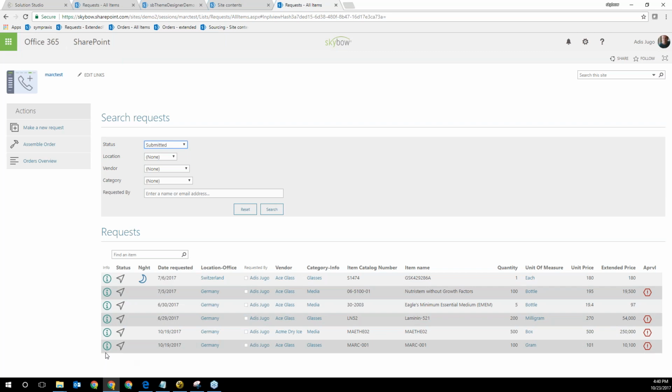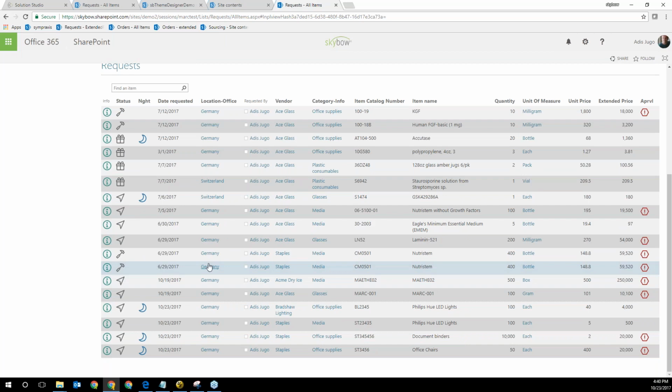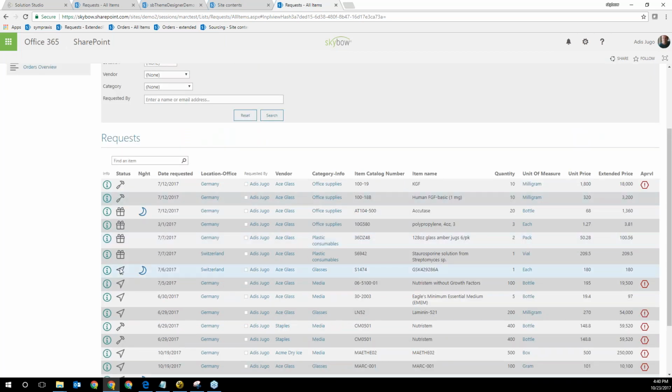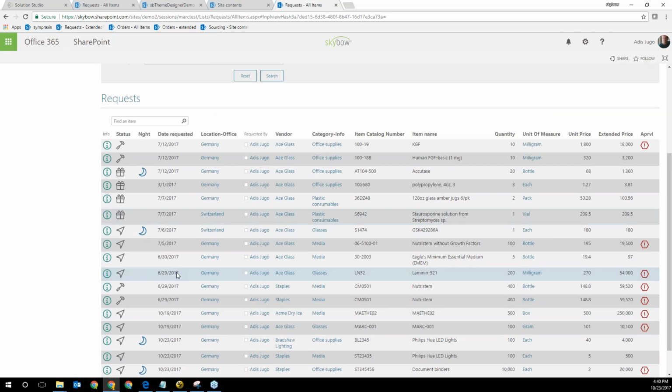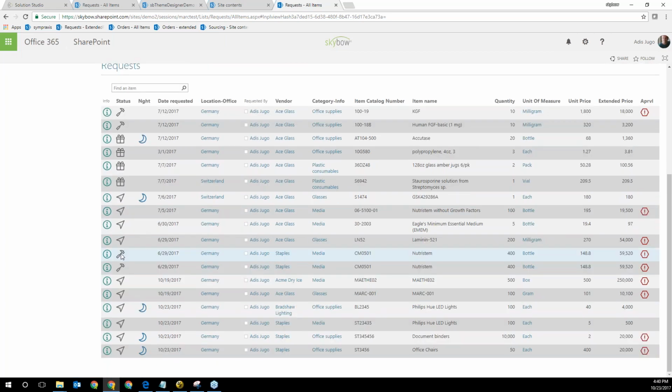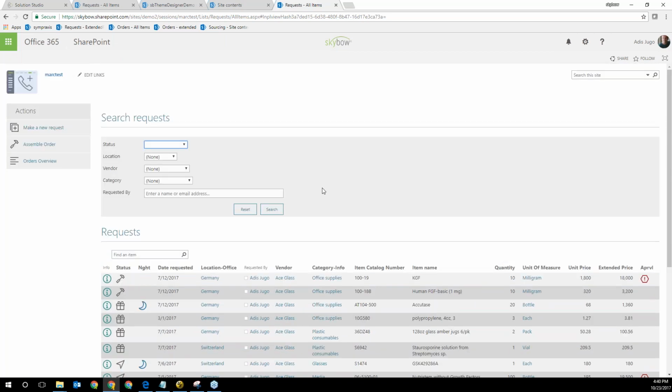We have here an information panel about all of these orders, exactly as Marc showed us, and an icon which shows us visually in which state the order is. This is submitted, those are being received, and somewhere we have those being assembled. So we have basically the same functionality as Marc showed in the beginning. We can very easily navigate through this.